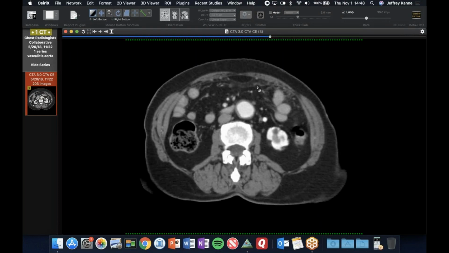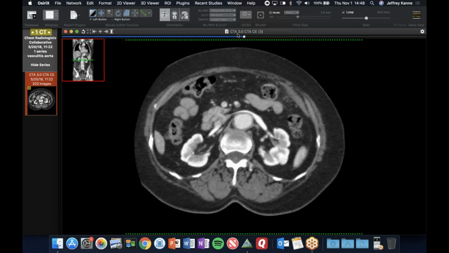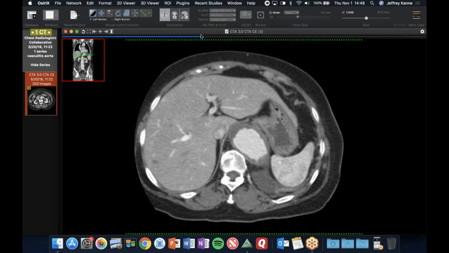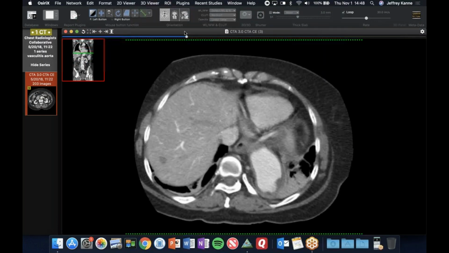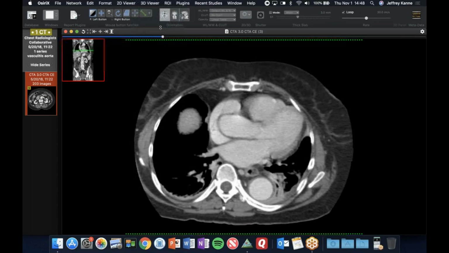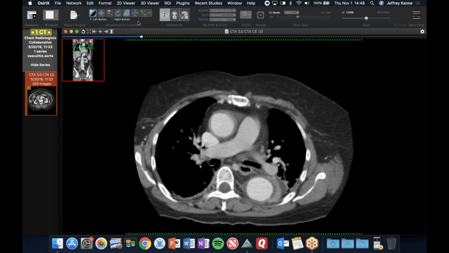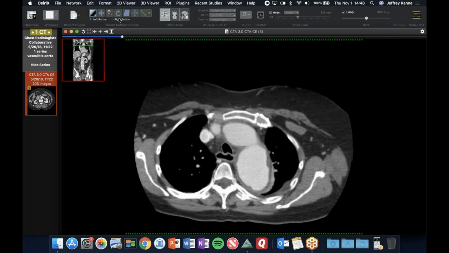I don't know what's going on in the omentum right here. Her SED rate was elevated, CRP I believe was elevated, but no specific other markers, and there was no other site of disease. So ultimately, after I filed this case for a while, she was just given a diagnosis of isolated aortitis,